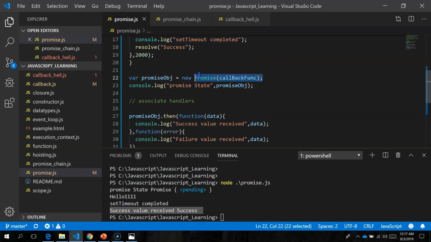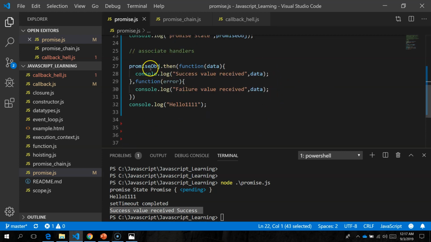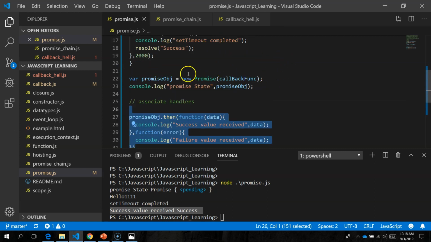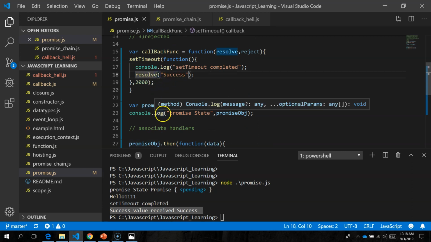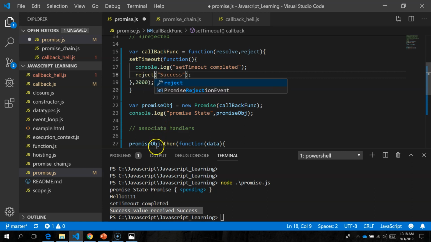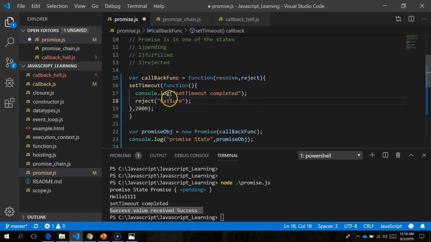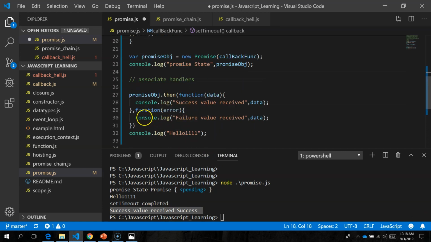So to reiterate, you have to think of this as a synchronous part and this as an asynchronous part in a promise. And now I have resolved. You can also try to reject it. If you try to reject this with a failure, this will get called. What will get called is this, now this one will get called. Let me save it and execute it.